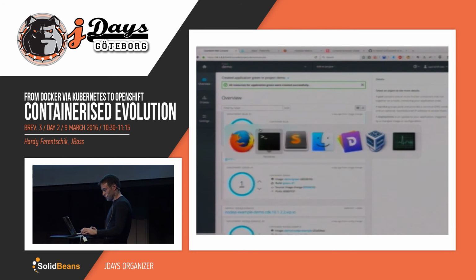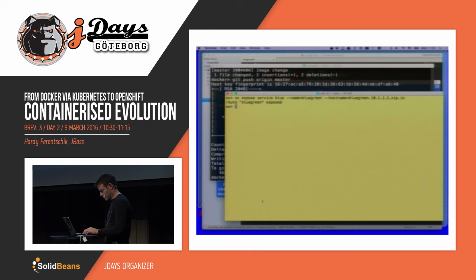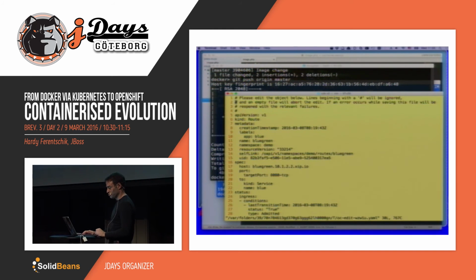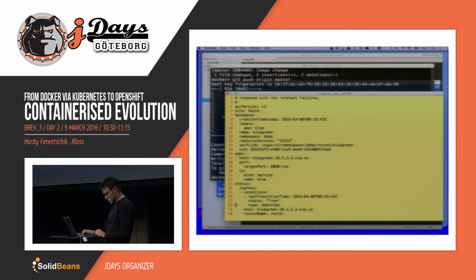Okay, so the thing we need to do now is I use a command called oc edit, and if you remember, I called the route blue-green. So I said I want to edit the route blue-green, which gives me some YAML, and then somewhere here it says this route points to the service blue.